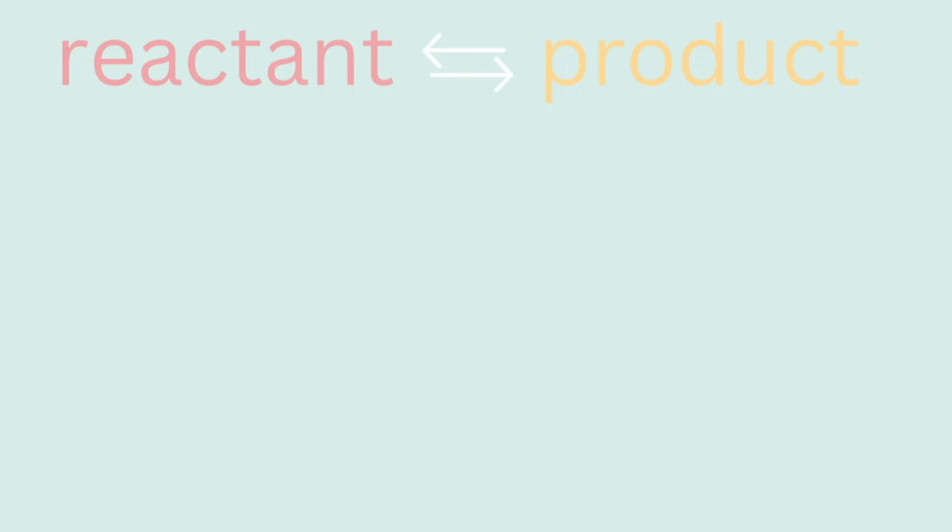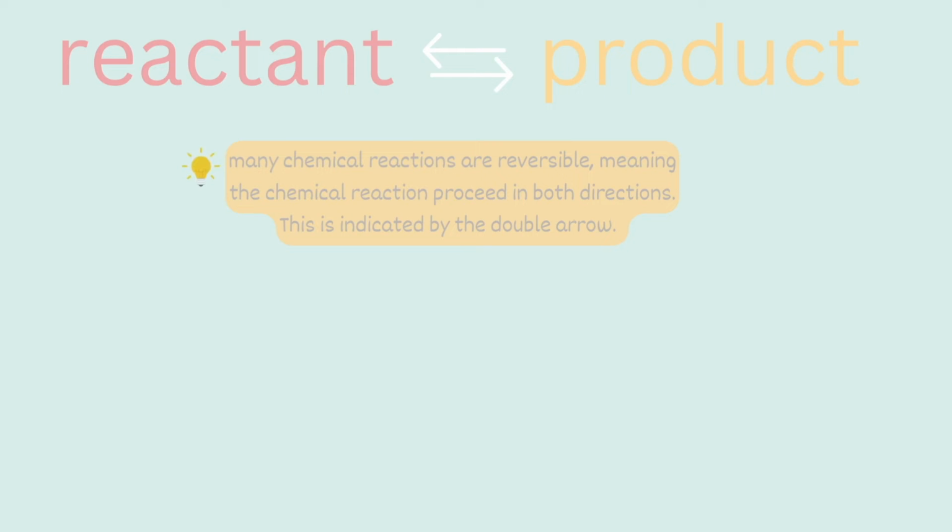We know in a chemical reaction, there is a reactant side and a product side. Many chemical reactions are reversible, meaning the chemical reaction proceeds in both directions, and this is indicated by the double arrow. Your reactant forming a product is called the forward reaction, and the product reversing and forming the reactant is